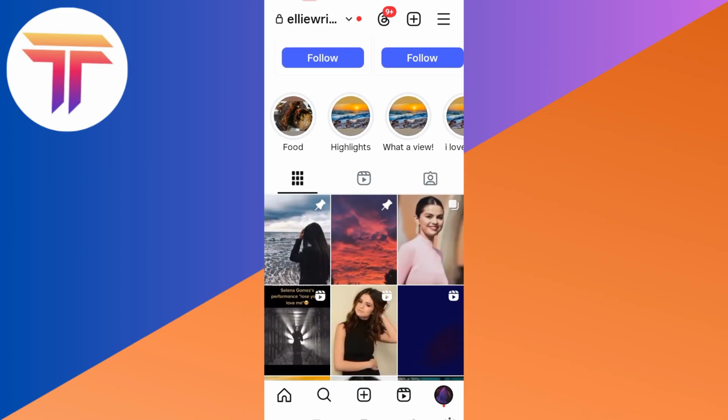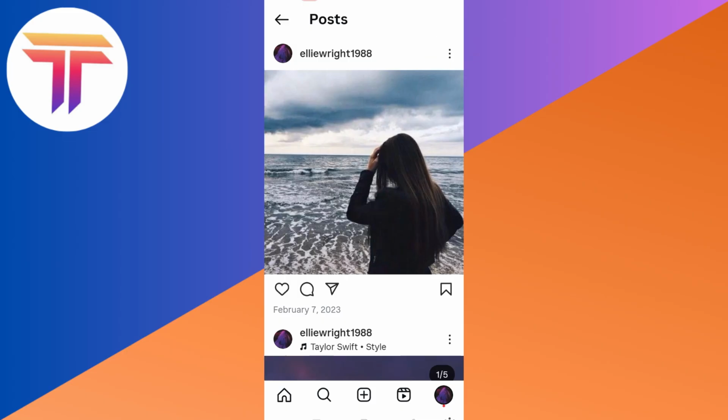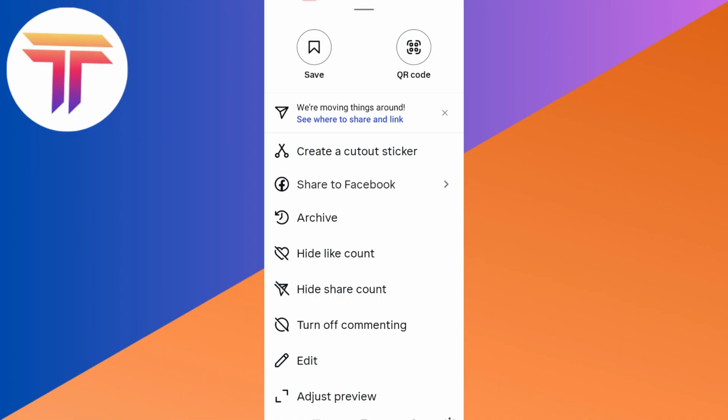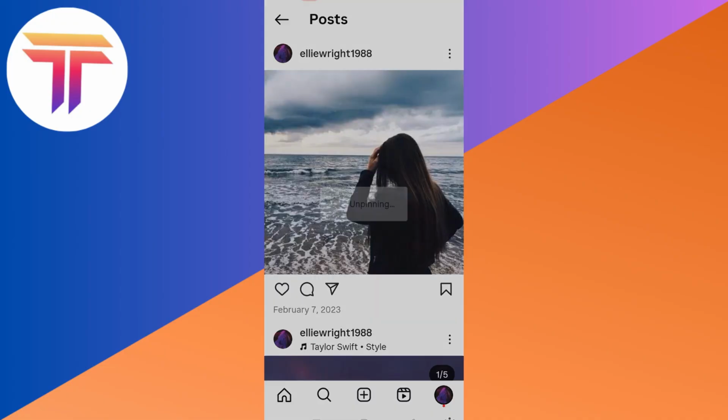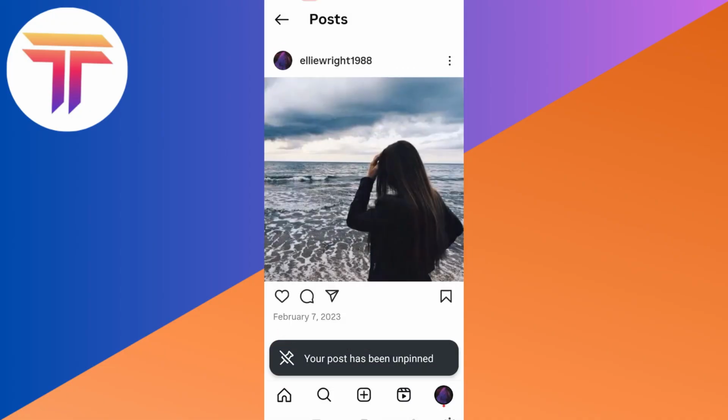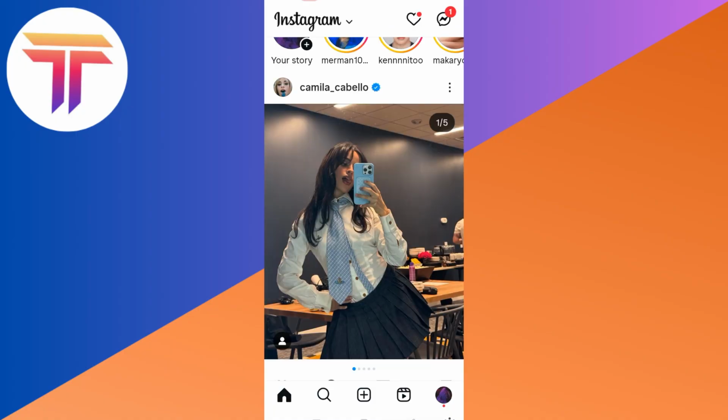If you want to unpin, just tap on the picture again, click the three dots, and then scroll down, and you should see unpin this from main grid. Tap on that, and you have unpinned the picture. So that's how easy it is to pin a post on your